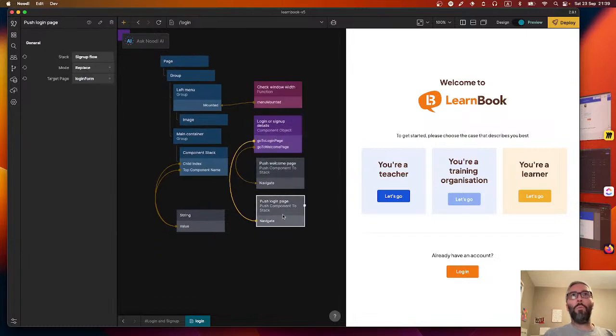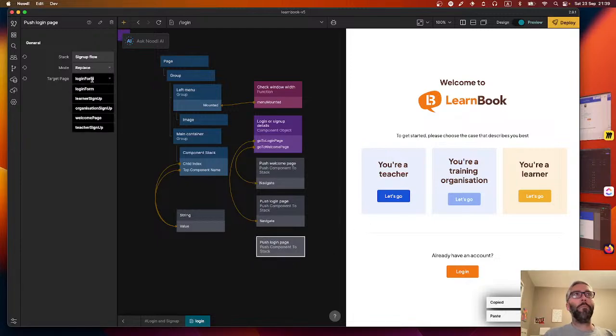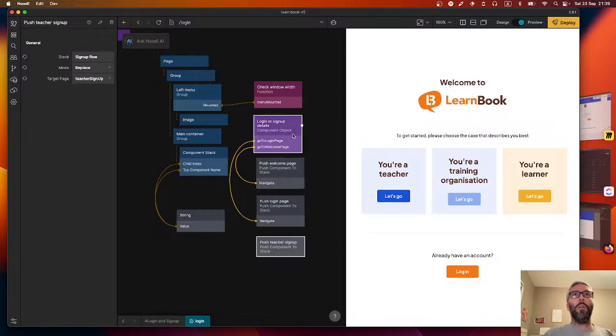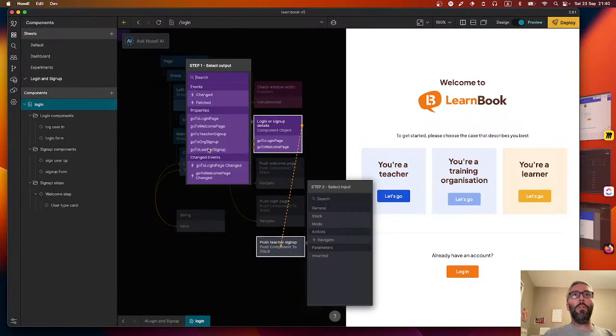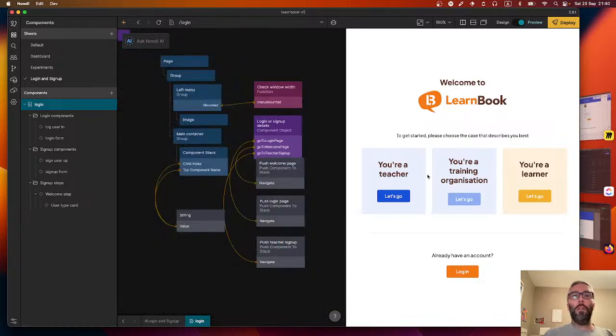And then we're going to have more component stack elements here. So let's do the teacher one for now. So what was it? Teacher sign up. Push teacher sign up. And that goes here. Go to teacher sign up, navigate, and then,